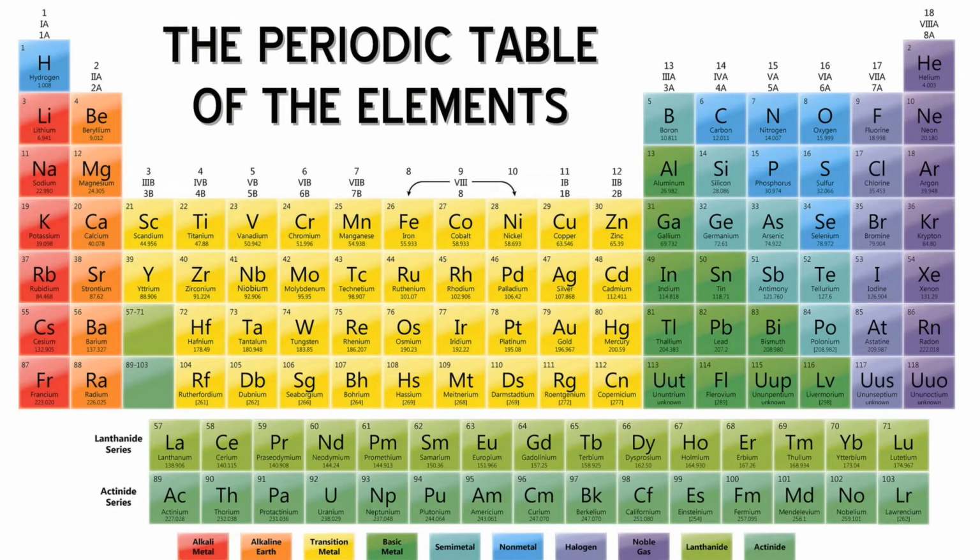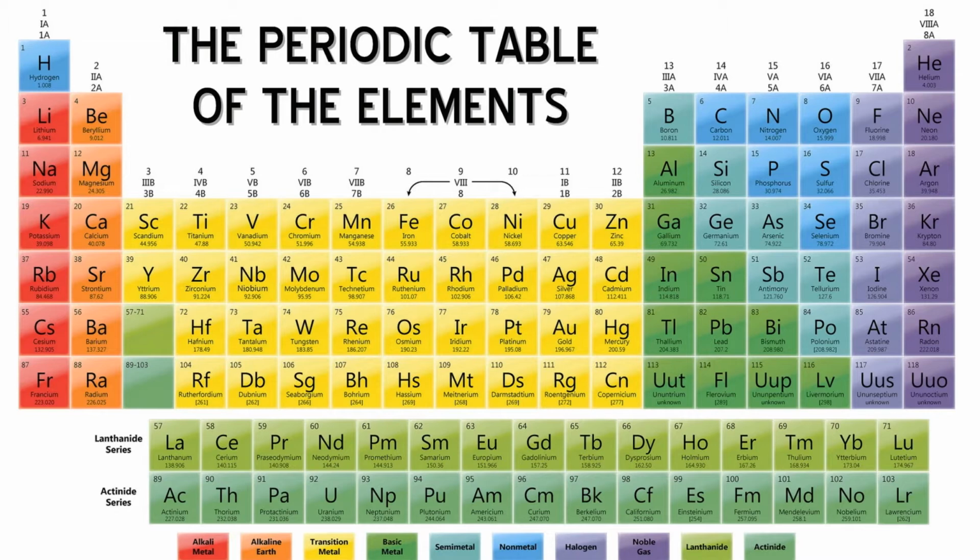The first thing, we just look at what these groups and what these periods are. Groups are the columns on the periodic table and the periods are the horizontal rows. So we put this to the next stage and talk about what information we need